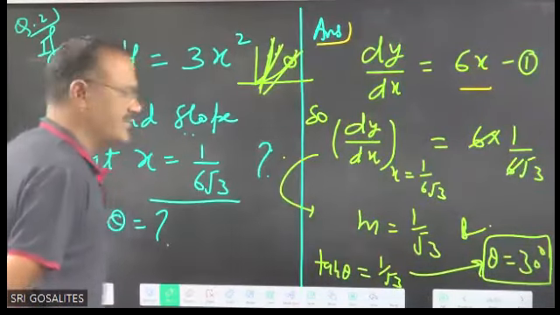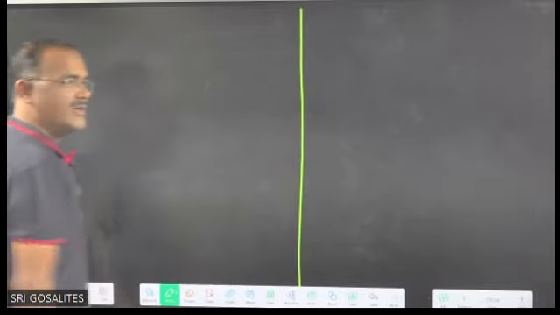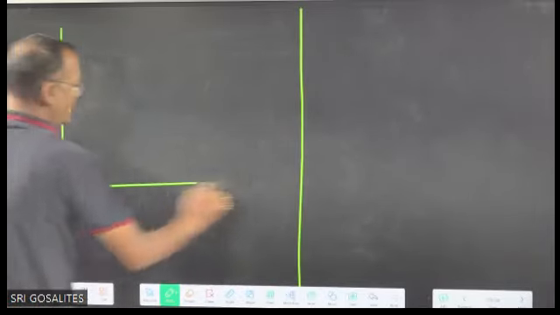Okay, fine. So this way, for any graph, we can get the slope. Now you understand, suppose